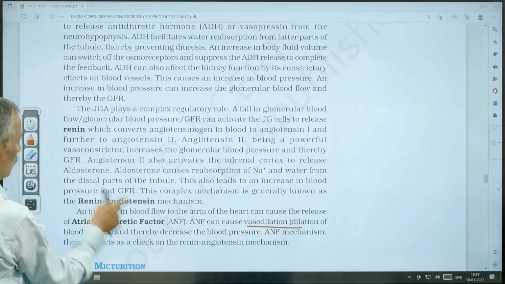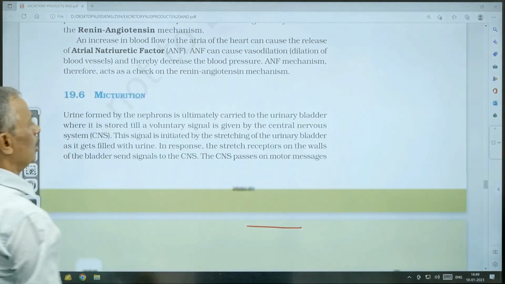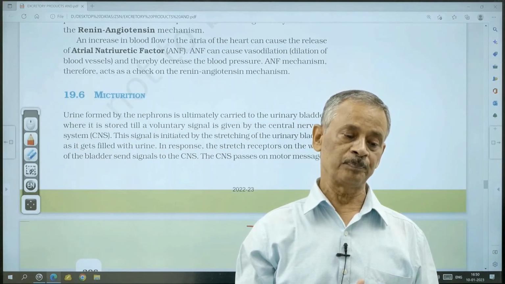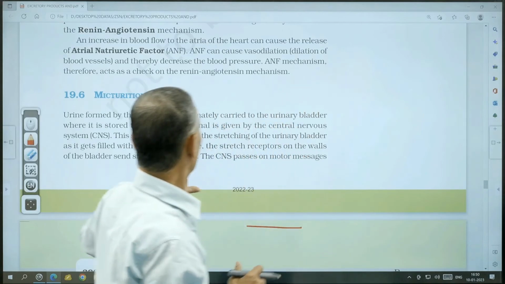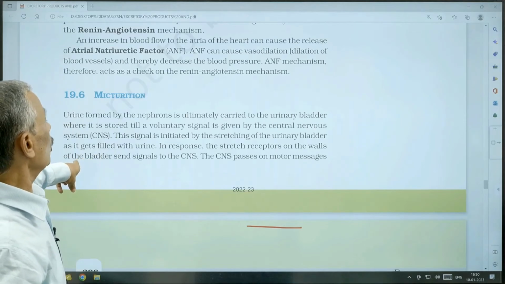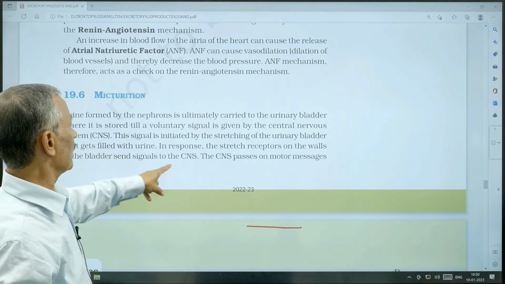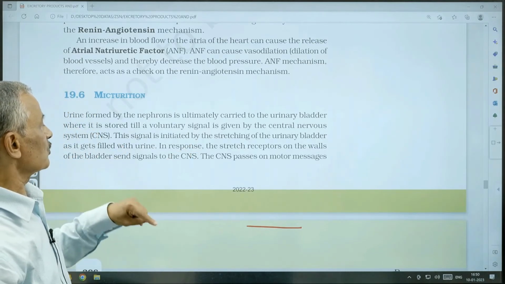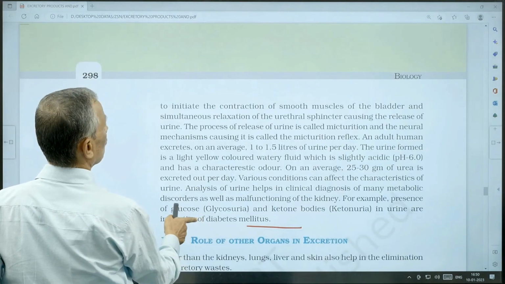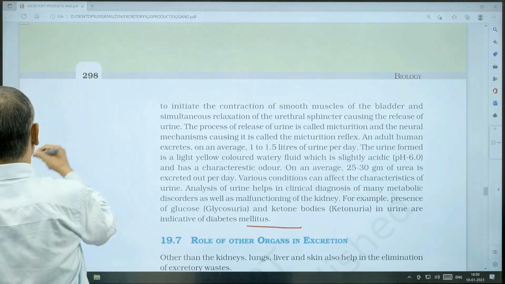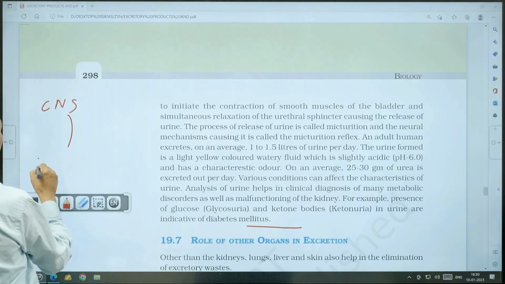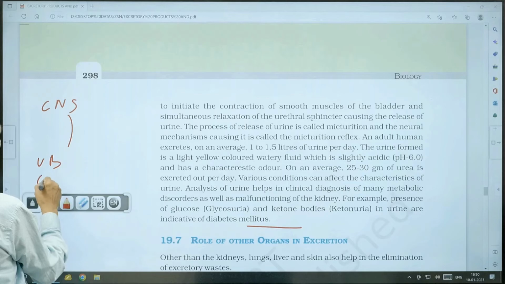The bladder becomes full, and as the bladder becomes full, it becomes stretched. The walls have stretch receptors. They will send this message of stretching to the central nervous system. So stretch receptors on the walls of the bladder send a signal to the central nervous system, and the central nervous system then passes on motor messages, which have two actions: in the urinary bladder muscle, it causes contraction,